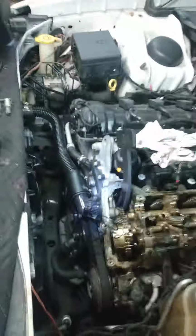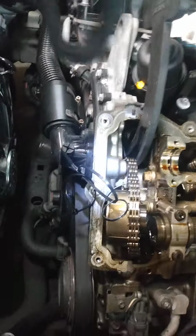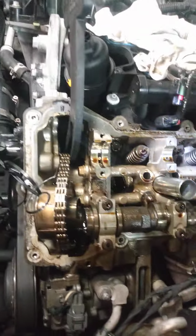And then, of course, when you go to put it back together, you got to use the wedge tool to wedge it so you can get the chain lined up, etc., etc. I'll show you that later. But here's what goes on